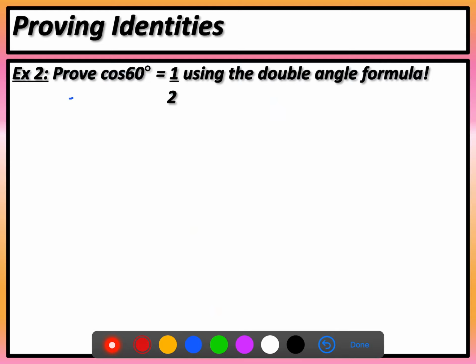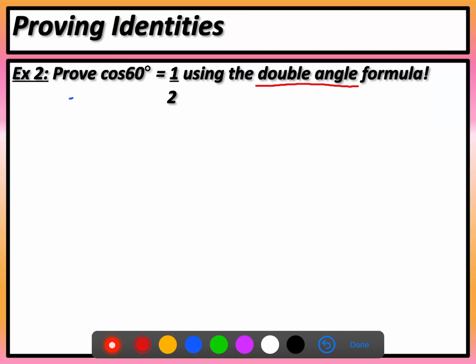All right, now we're going to do some proving. So we're going to use the double angle formula. It's being specified here, to prove that cosine of 60 equals 1/2. Well, obviously we can look this up in our chart and we can see that, but we're going to prove it using the identity. So we're going to work on the left side because I can't use my identity on 1/2. Using double angle,